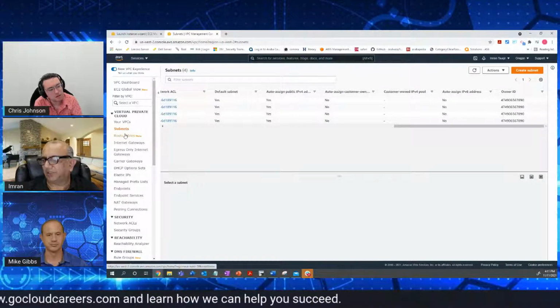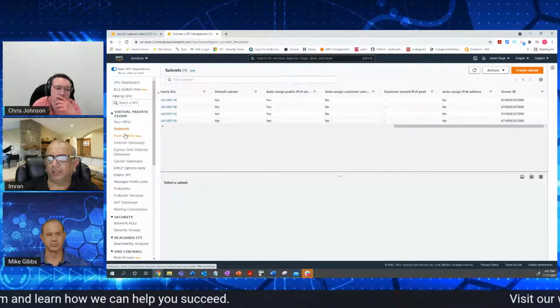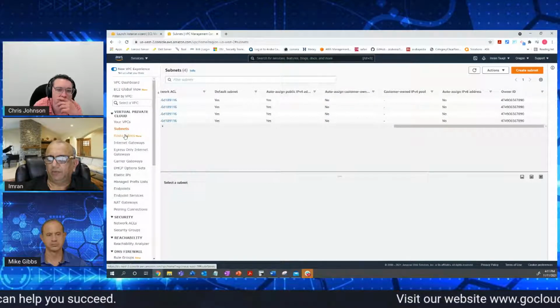So the next thing is, I'm just driving through the default VPC and the default subnets. We have not created any VPC. So to go to the route table,